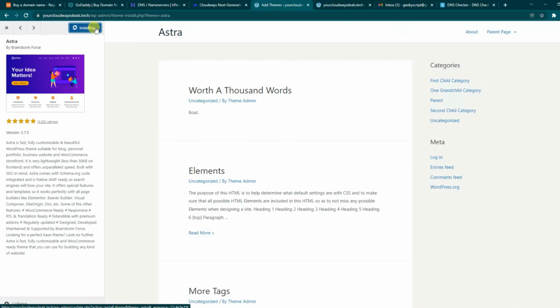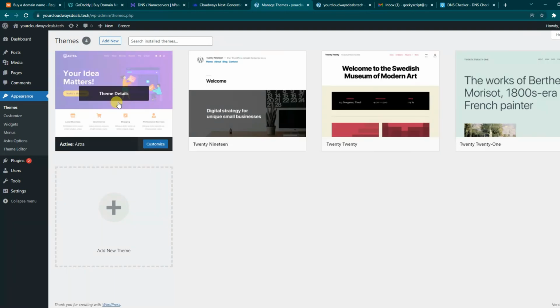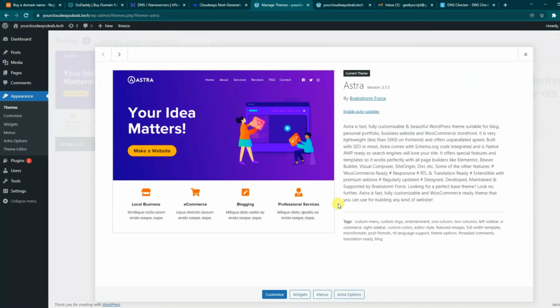Let's install Astra. Just simply install, and then click on Activate. So Astra has been activated. Now simply click on this Astra theme, then click on Astra Options,